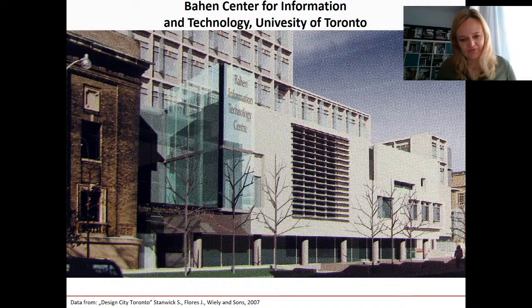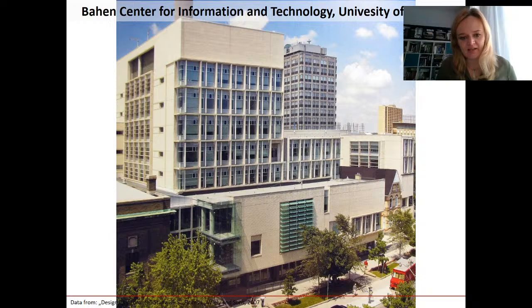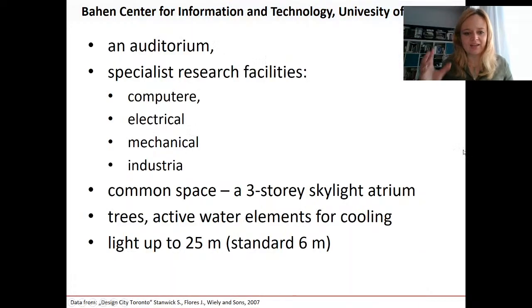So one elevation was freed, and this elevation is important to provide as much sun inside as possible. And here you can see that the building grows over the buildings. Of course, it's set back, so it's not a situation where the facade has an uneven solution, but it's in the back, so you can gain light on these higher levels. And there's, of course, a common space. And the building is sustainable. It has trees inside. It has active cooling elements with the use of water, and